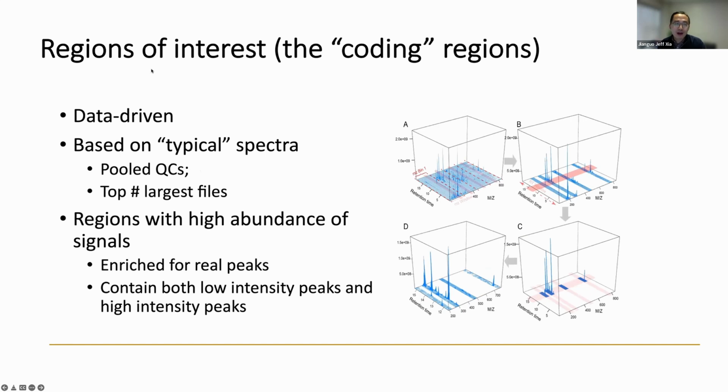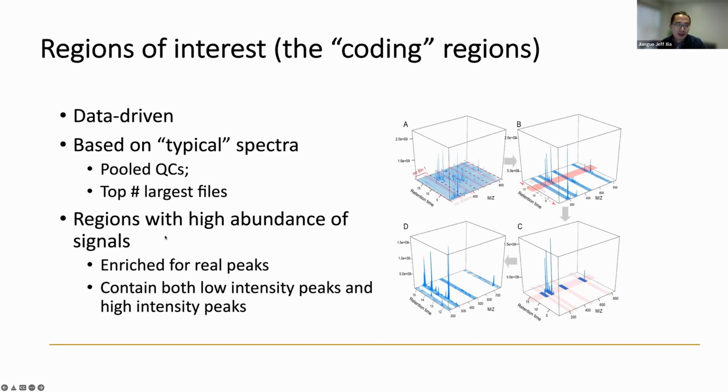So the idea is we find a region of interest, or the coding regions. We don't use the whole data. We only use the pooled QC samples. For example, if you have 100 samples with 10 QCs, we probably just use 8 QCs or 5 QCs. As long as they are more or less similar, we just use them to train. If you don't have QCs, the next best option is to use the largest files, but we strongly recommend the QCs. If I don't allow people to proceed without QCs, they will not be happy. So in the end, we said, okay, you can use the largest files, top 5, top 10,